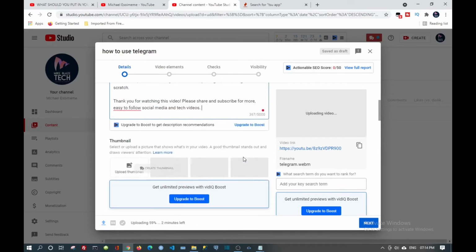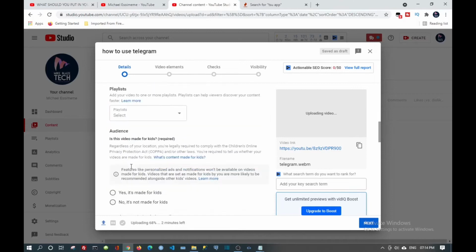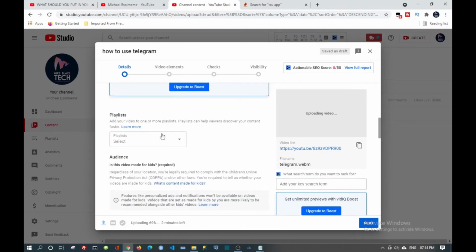Once the video is done loading, part of the video will show here in these three boxes. If I don't like what I see, I could just click on this and put another image as the cover or as my thumbnail for my video. Thumbnail from the video. Okay, now I'm going to pick, okay,